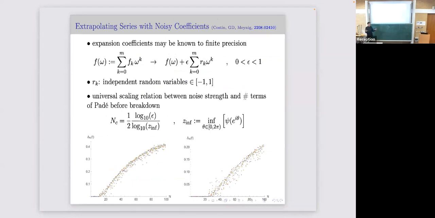So first of all, it should be clear to everybody that if you only know the coefficients to finite precision and you're going to start jumbling them by making transformations, you run the risk of accumulating errors at some point. All the examples I showed you were cases where you had access to essentially infinite precision in the coefficients, which is an unrealistic thing in some applications. In some applications, it's okay, but in really hard problems like QCD, it's not.